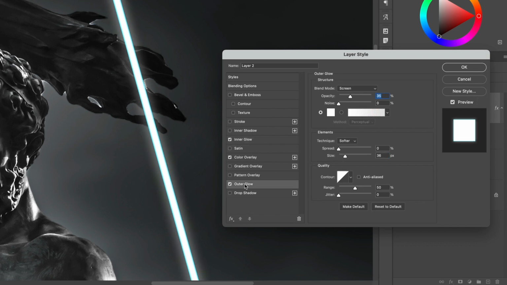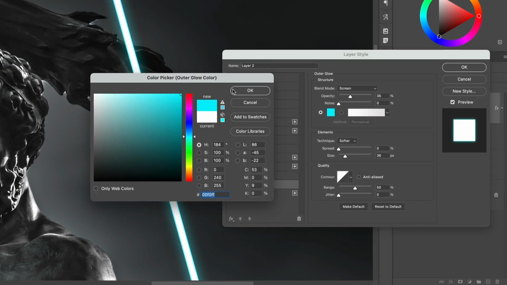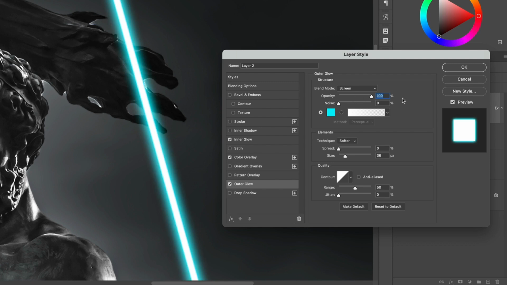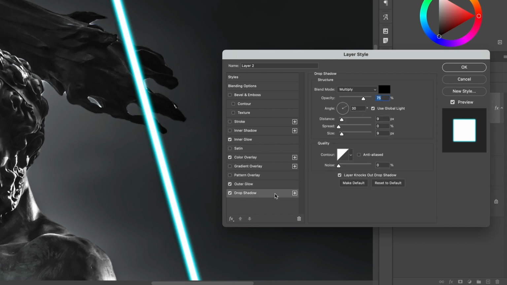Next add an outer glow. Set the colour to a similar hue to your neon tube and max out the opacity. Adjust the size to add a soft haze around the neon tube, eliminating the hard outline. It isn't possible to layer up multiple outer glow effects, but we can instead repurpose the drop shadow into a